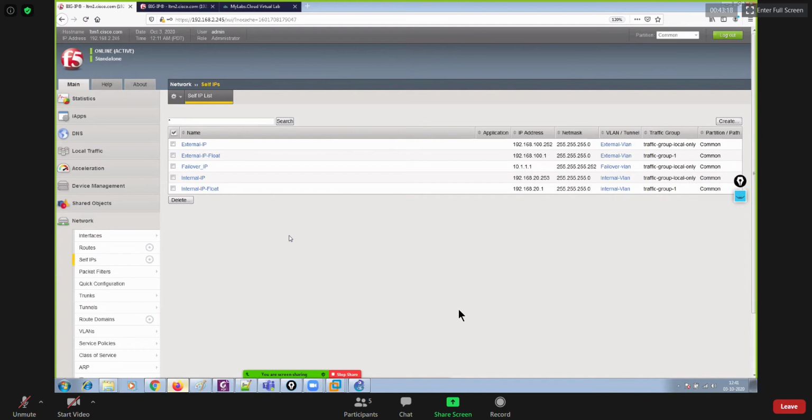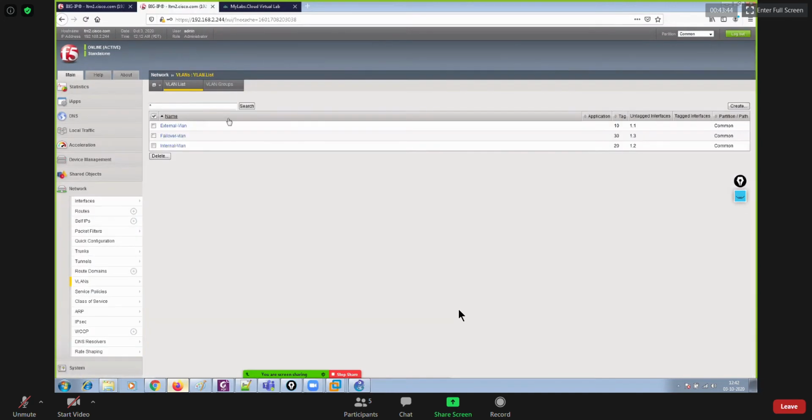So today we are using three different interfaces: 1.1, 1.2, 1.3. 1.1 is for external, 1.2 is for internal, and 1.3 is for the failover link. So my failover link will be my 1.3 interface. Now you have configured IP addresses here on LTM1 in front of you. You can see all of the IP addresses on all expected interfaces. Thereafter, let me go back to LTM2 and create the self IPs over here as well.